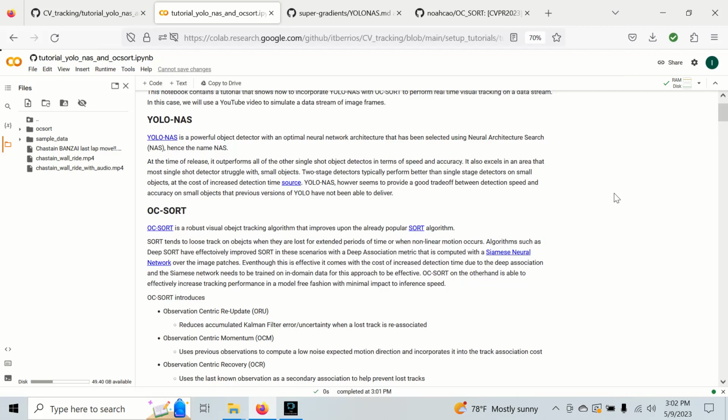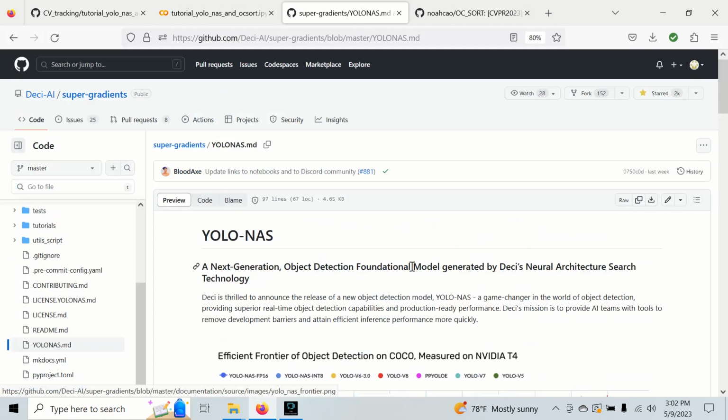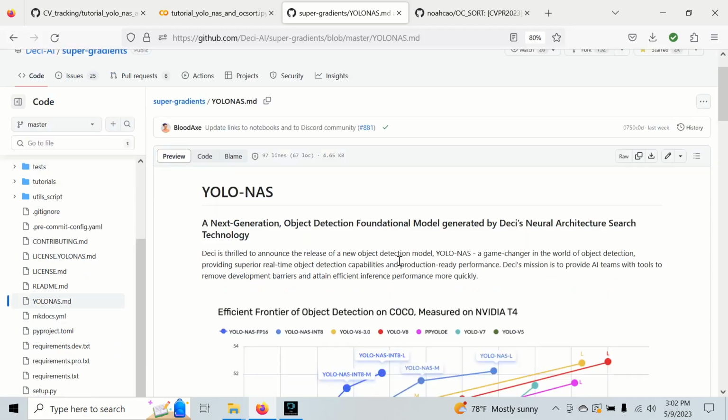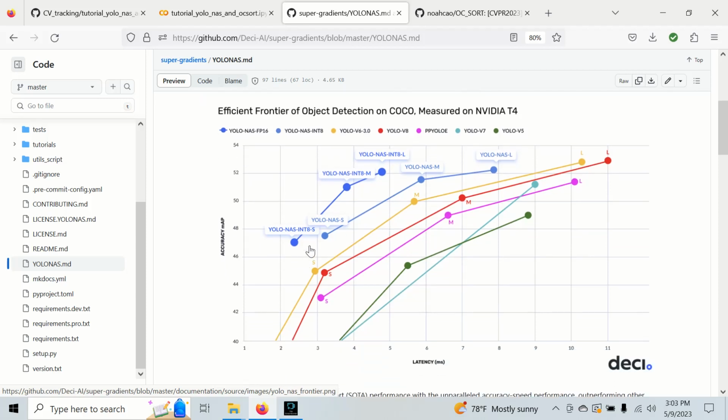Hello, so in today's video, we're going to learn how to combine YOLO-NAS and OC-SORT together to do some visual object tracking. YOLO-NAS is a recently released model from DESI AI under this library called SuperGradients, and it's a new state-of-the-art object detector that outperforms YOLO v6 and YOLO v8 by a pretty good margin in terms of speed